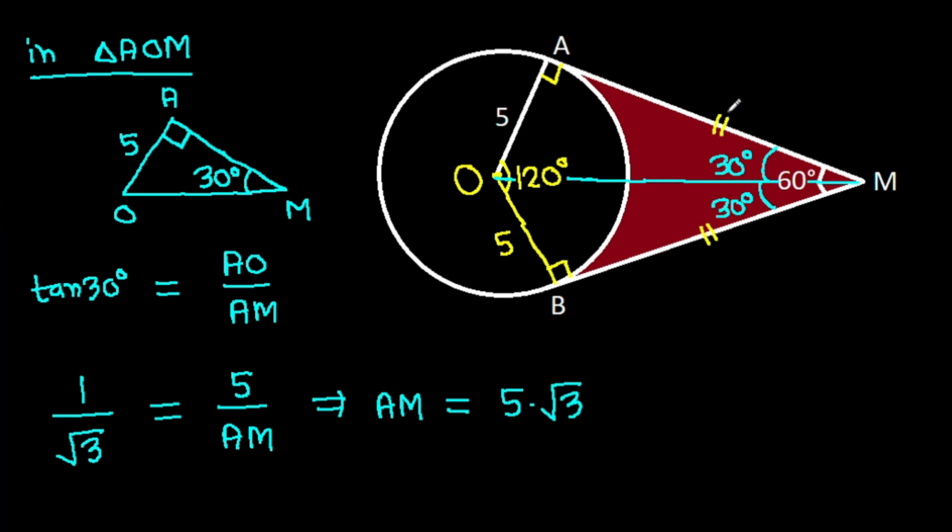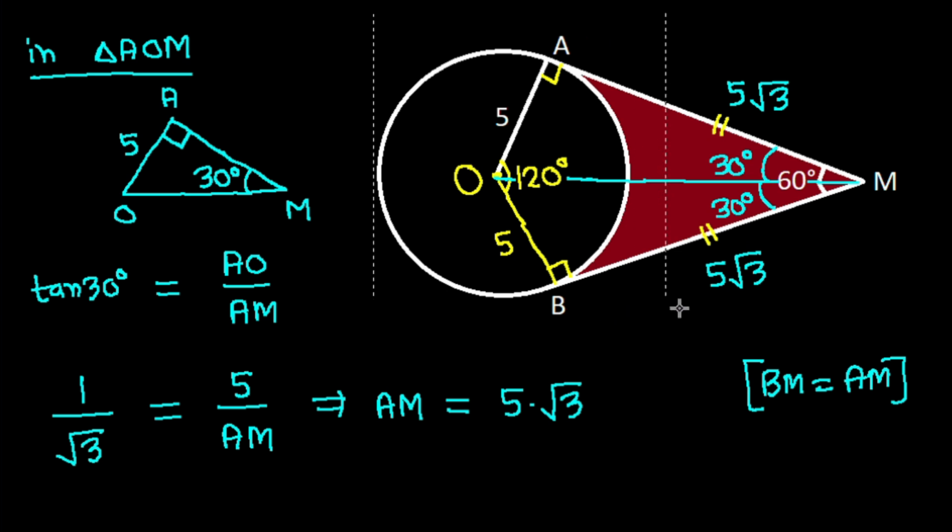AM is 5 times root 3, and BM is equal to AM. So BM will also be 5 times root 3,